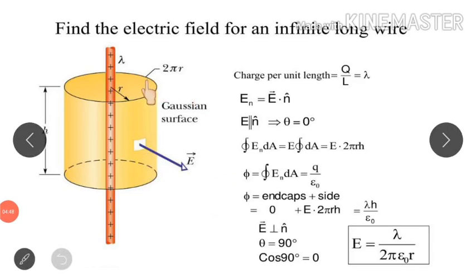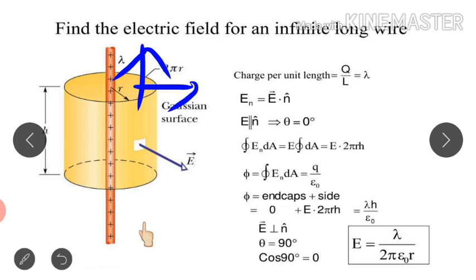Now we can see over here that this cylinder has 3 parts. This is the first part, this is the second part, this is the third part. Now we will talk about the direction of the electric field and area vector in these 3 parts. If I talk about this part, the direction of the electric field is in this direction. The direction of the area vector will be in this direction. It means both are perpendicular to each other, so theta is equal to 90 degrees over here. Cos 90 gives you 0, so flux will be 0 over here.